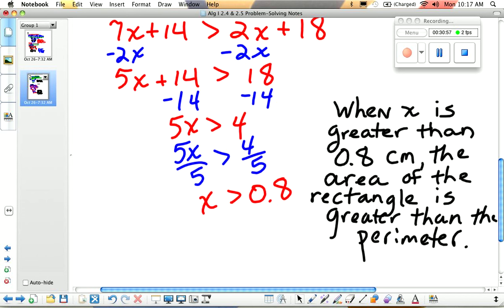Isn't that what area is? So if you can spend less money on the fencing than the perimeter around it, and give the pet more area to run in, wouldn't that seem like a good thing to do? So spend less on the perimeter, the length of fence you got, because you usually pay for it by the running foot. And so how much money you have to pay for that fence versus how much space your dog is going to have to run around in, then it would be useful. So, okay,